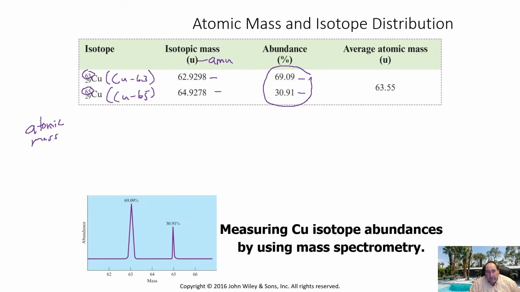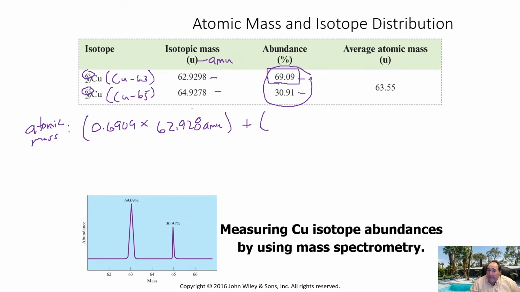And again, our atomic mass for copper, put an M there, is going to be our first isotope. So we're going to take the percentage of our first isotope. You could do one of two things with this. You do have to convert it into a decimal. So you can move the decimal place 2 places to the left, which will give you 0.6909. And that's basically our 69.09%. We're going to multiply it by the atomic mass of our first isotope, which is 62.928 AMU. Again, we're going to add it to our second isotope.